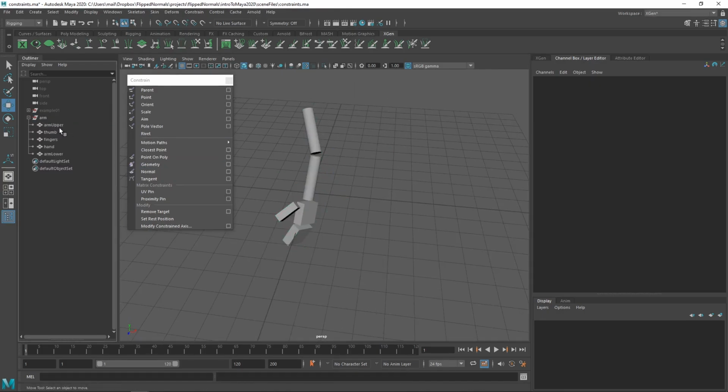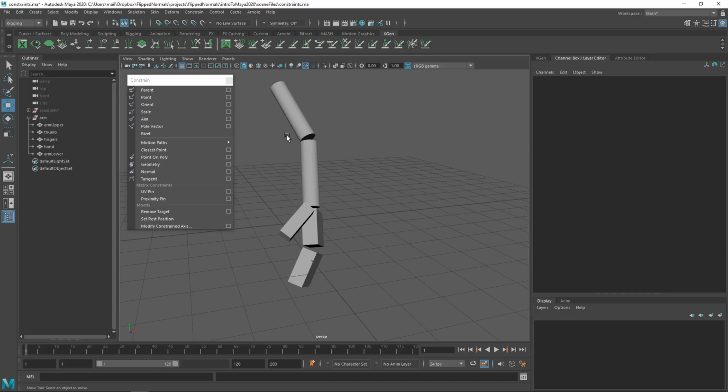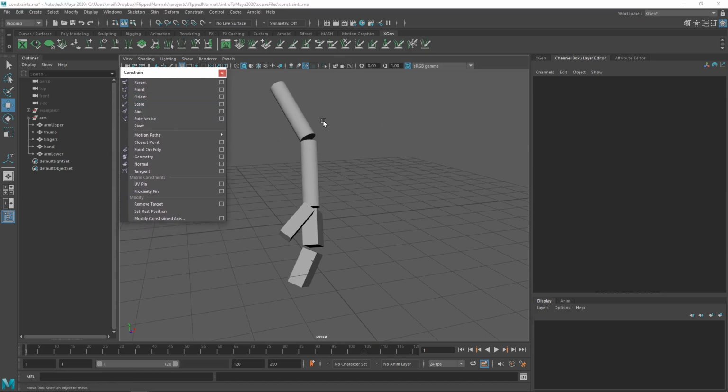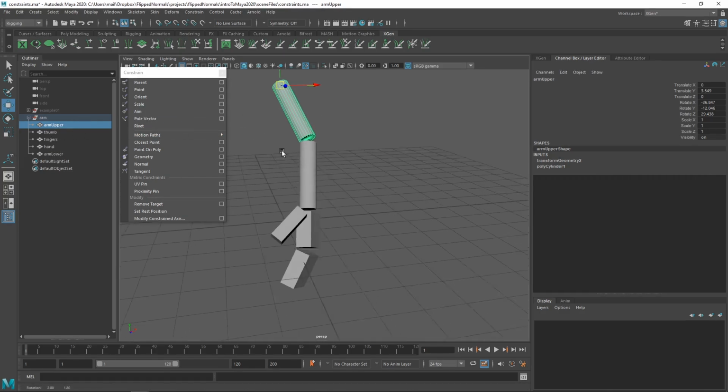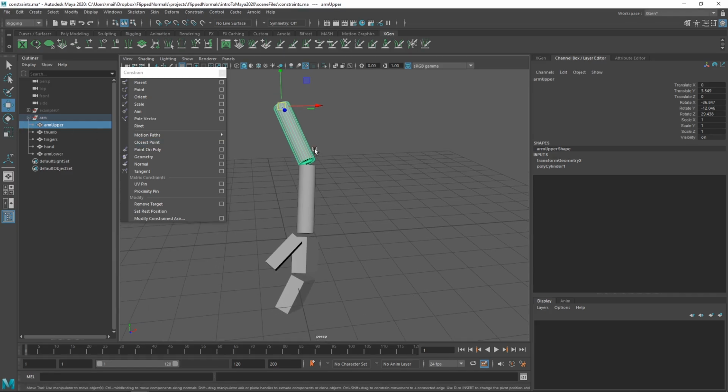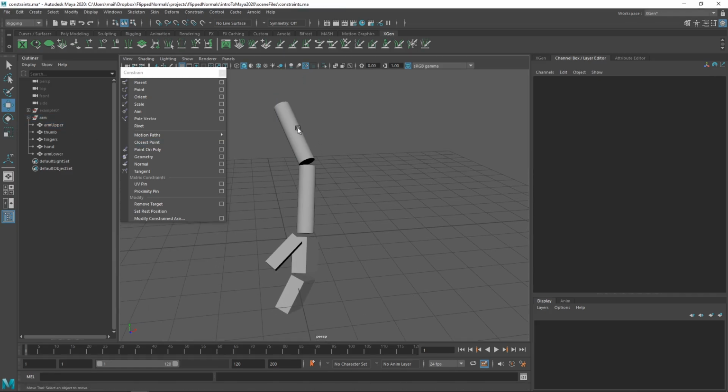In the last video, we used parenting, direct parenting for this, but in this case, we can also use parent constraints for this. The advantage again of using parent constraints in something like a rig is that you are not dependent on the hierarchy. You can have a model which is far away actually impact a model which is in a completely different group in a completely different part of the scene. Let's say you have a boulder falling down from a cliff and you want that to impact a car somehow. You don't actually have to put them in the same hierarchy. You can just have a boulder group, you can have a car group, and now you can parent or you